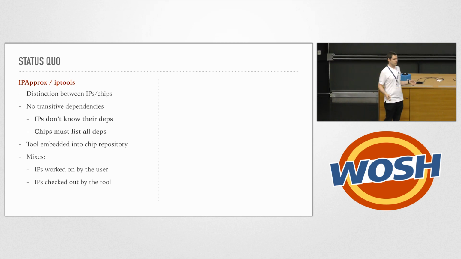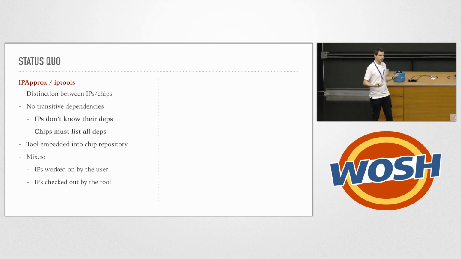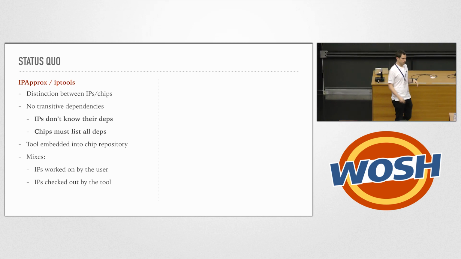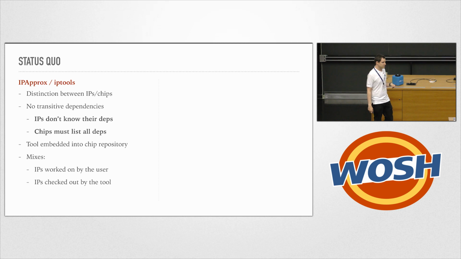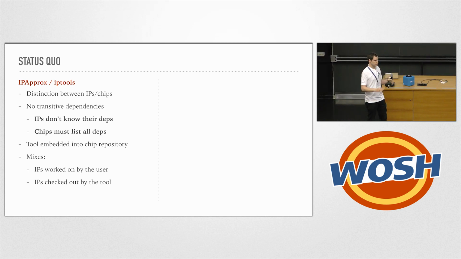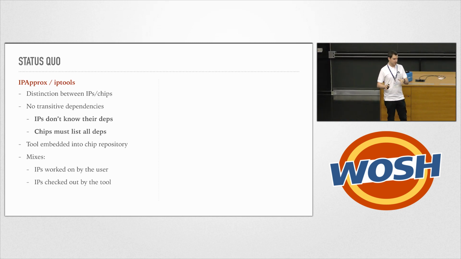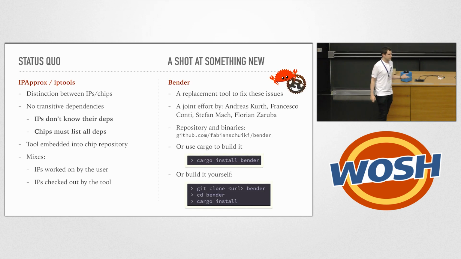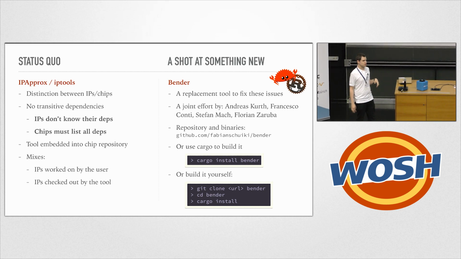So when you built a chip, for example, or had a top-level design, you had to pull in all the dependencies yourself and perform the dependency resolution on your own, which was great and worked well in the beginning, but as the project grows, it becomes hard to do that. And there were a few other things, like we had the tool always embedded in the repository, and it was confusing whether the user was working on the IPs managed by the tool or it's the other way around. So this is where Bender came in, which is basically a replacement tool to fix these issues,